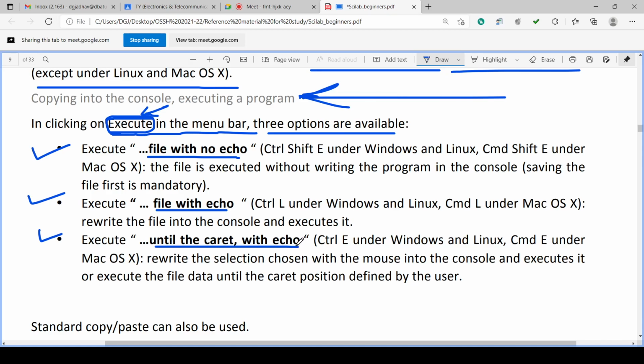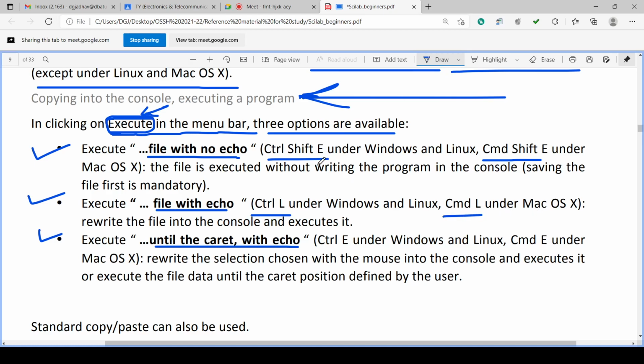For file with no echo, Control Shift E is there under Windows and Linux, and CMD Shift E is under Mac. For file with echo, Control L is there under Windows and Linux, and CMD L is there under Mac.